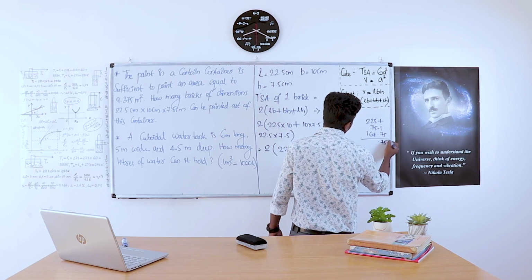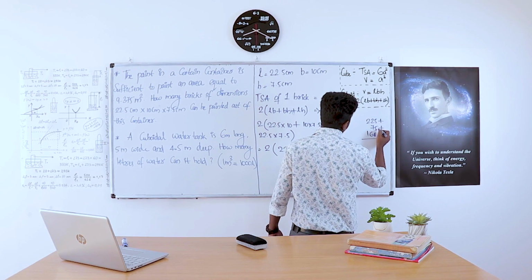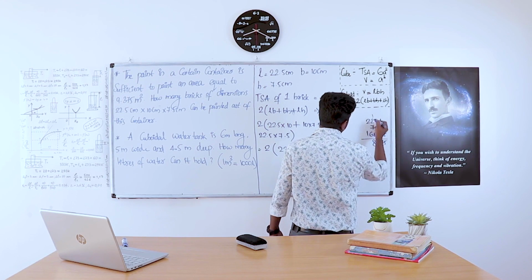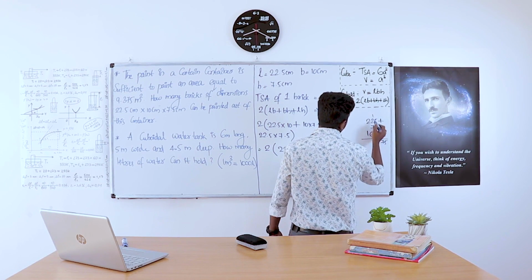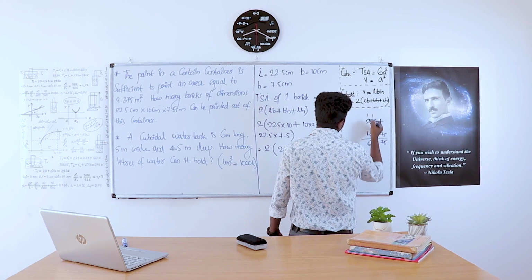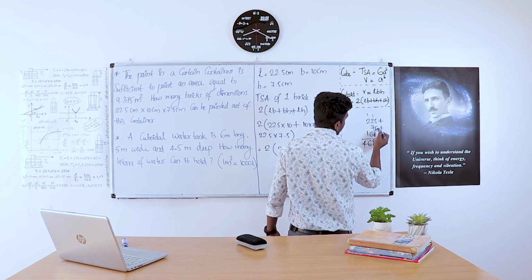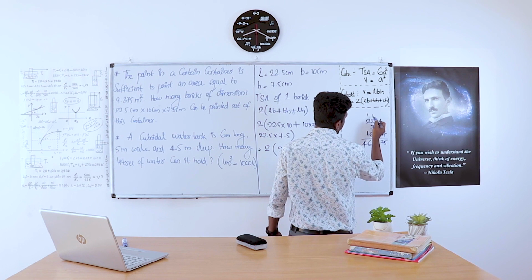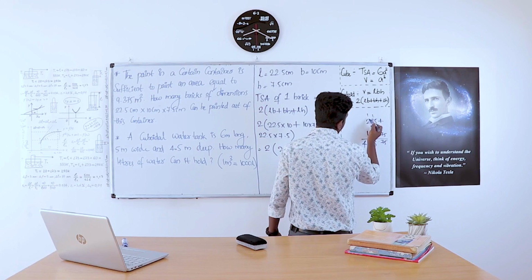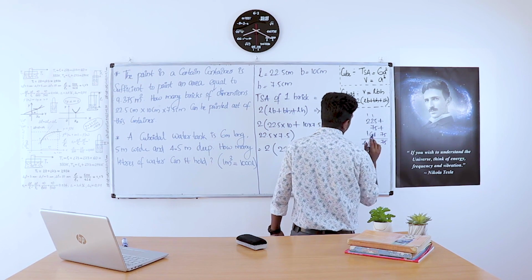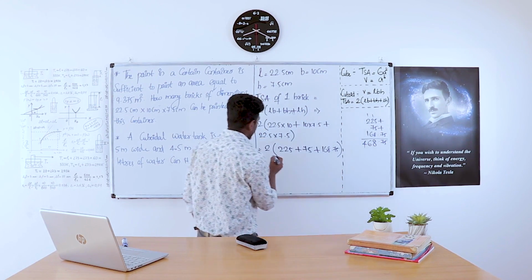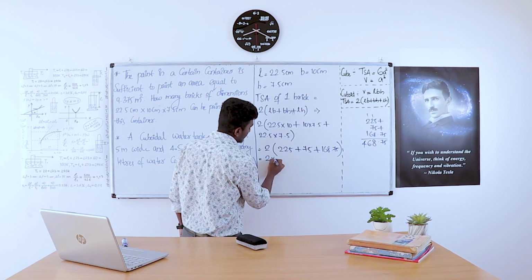So 0.75 remains the same. 5 plus 5, 10. 10 plus 8, 18. Remainder 1. 2 plus 1, 3. 3 plus 7, 10. 10 plus 6, 16. Remainder 1. 2 plus 1, 3. 3 plus 1, 4. That is 468.75, which is equal to 2 into